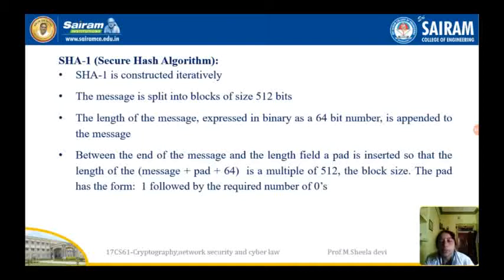The first step for construction of the hash is to take the message and divide it into 512-bit blocks. How can we divide this? Take the message, add the length of the message information. Then after adding the length, you check the size of the block. As we said, the size of the block should be 512 bits. If it is not equal to 512 bits, then we have to add padding bits, either 0 or 1. That is, a 1 followed by the required number of zeros.